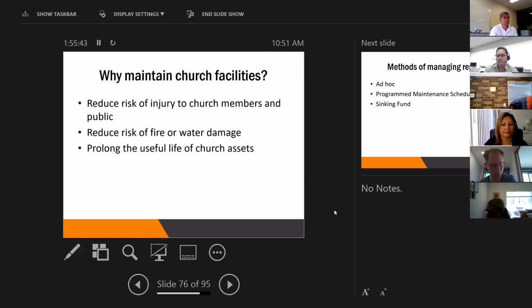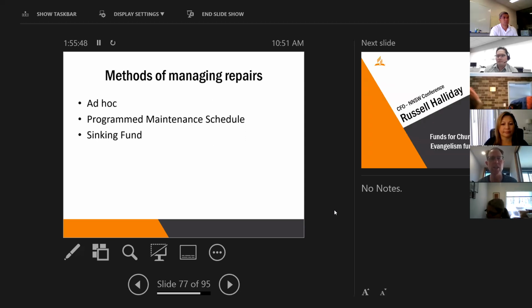And we don't want to be putting our church at risk with those type of things for the sake of some good preventative maintenance. It's interesting to see the approaches that are taken by different churches as I go around the conference, auditing churches and the like. A common approach is really just an ad hoc approach. In other words, let's wait and see what the year brings forth in terms of maintenance and deal with it when it comes. The danger there I've already alluded to is that